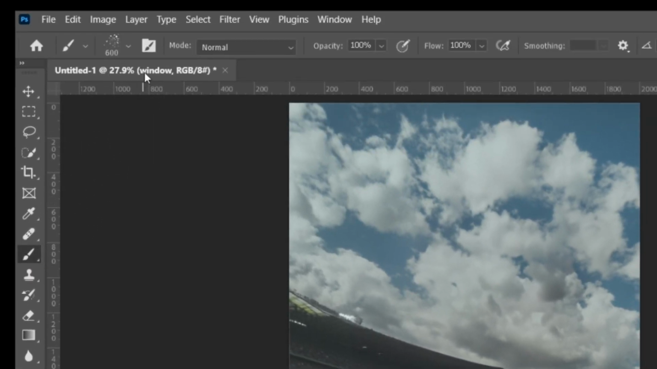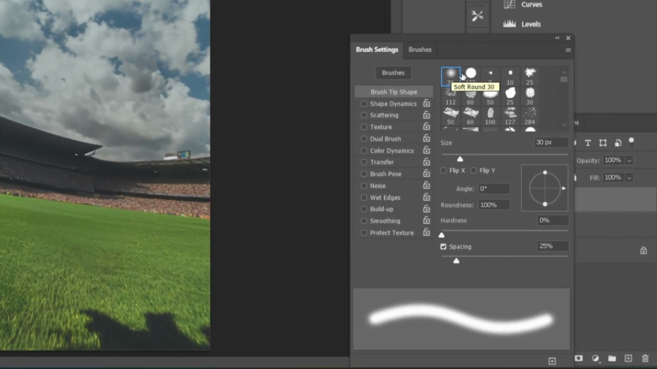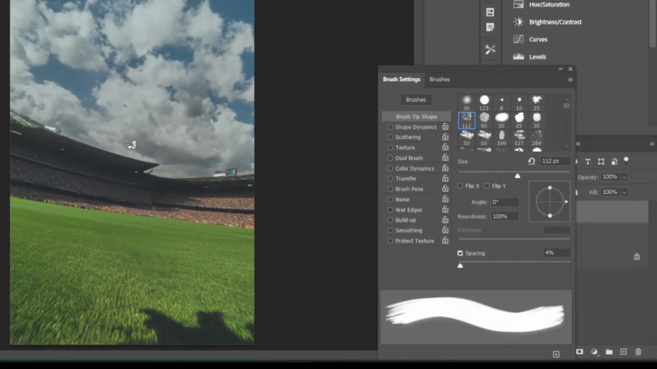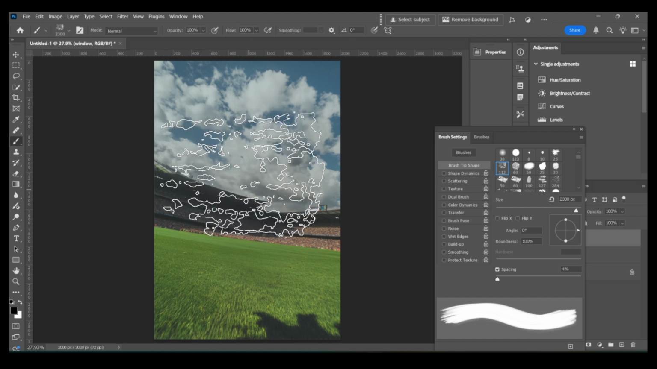Then click on this icon to choose the type of brush that you want to use. Here you can choose from different brush shapes, which are displayed down below. I'm going to choose this one. So here's what the shape of this brush looks like. You can make it larger by clicking on the right bracket key on your keyboard and smaller by clicking on